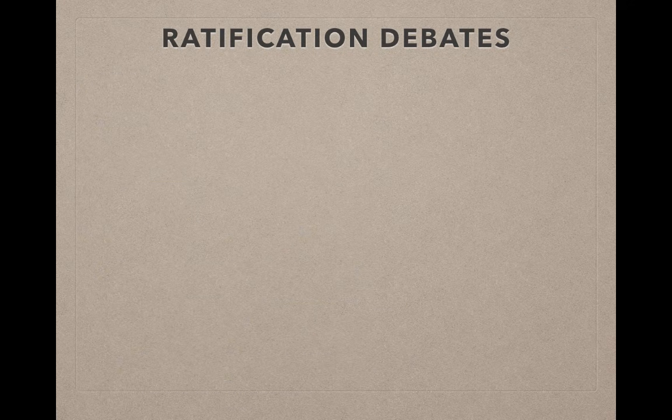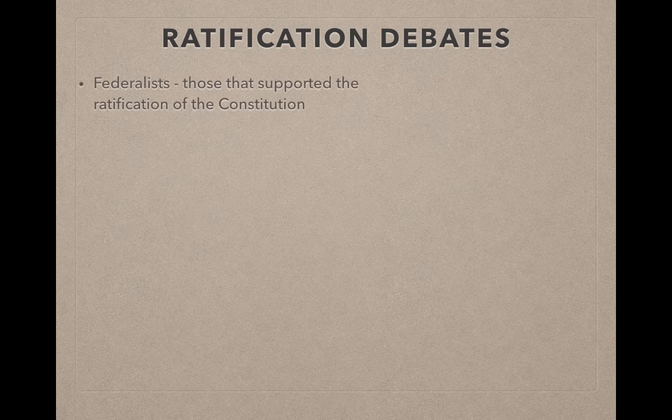So now that the Constitution is set, there are some debates over ratifying or approving the Constitution. Federalists were groups of people that supported the ratification of the Constitution. So what do you think people who are against the ratification would be called? Look at you, gosh, you're such an AP genius. Anti-Federalist is correct. That will be people who oppose ratifying the Constitution.